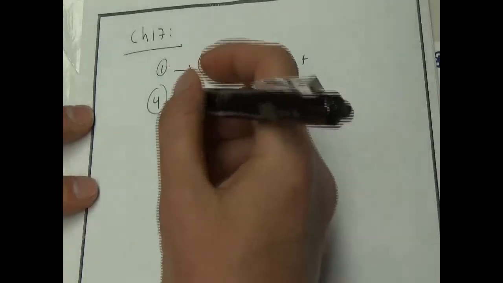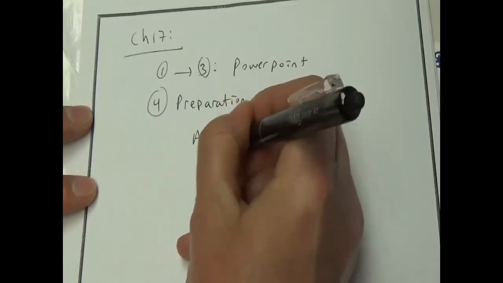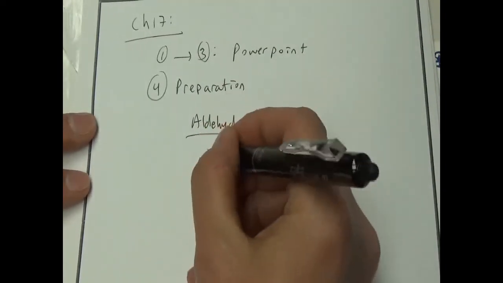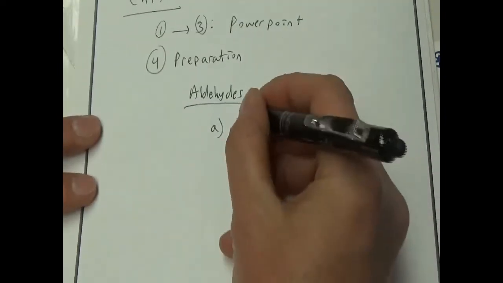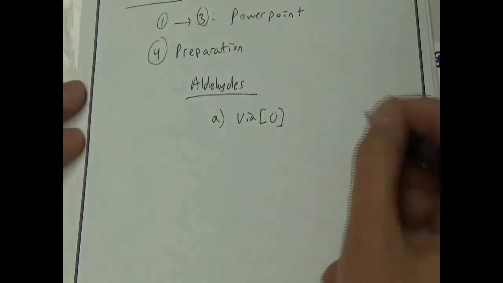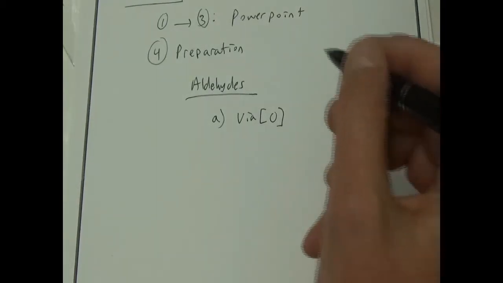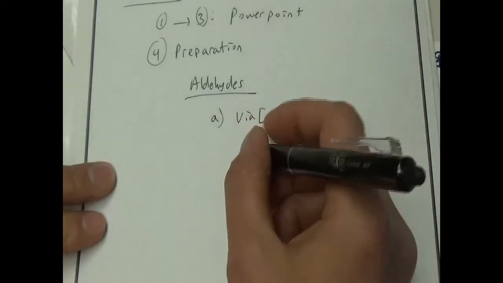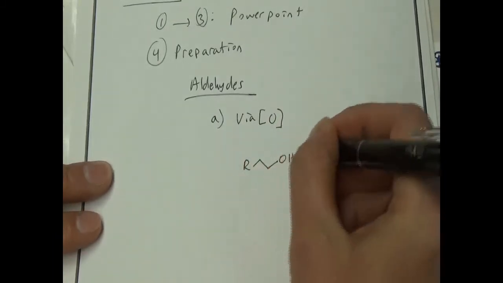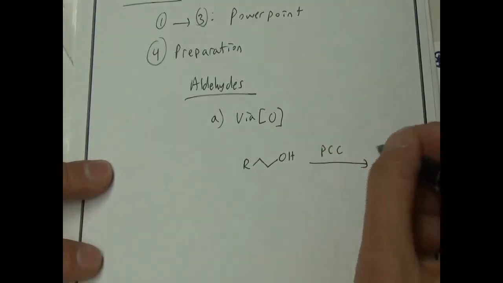Preparation of them. You know some of this stuff. This is not all new. So first we're going to talk about aldehydes. And we'll talk about a couple of the ways you can make an aldehyde. One is via oxidation. This you learned in Organic 1, and the mechanism of oxidation is pretty straightforward. We'll review it just so you remember.